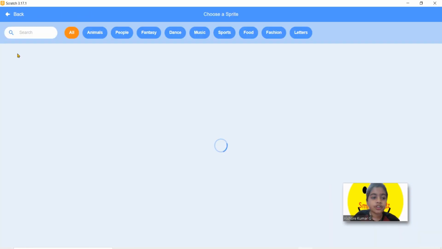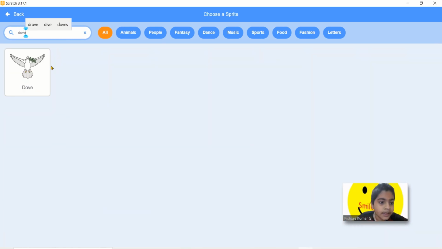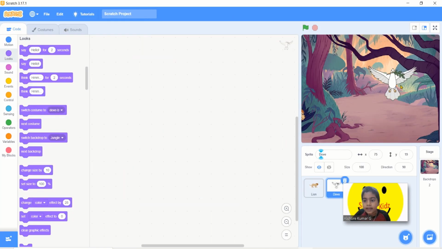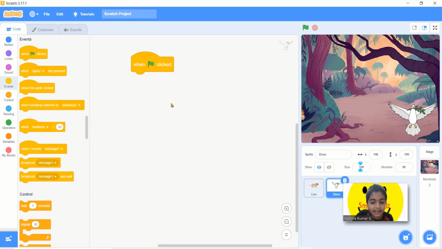Now again go to choose a sprite. Search dove. This dove is pretty good. Select that and move it to the right. So the code is go to events. When clicked,